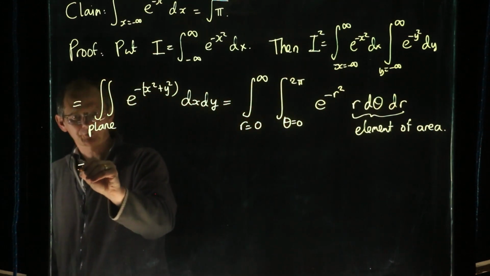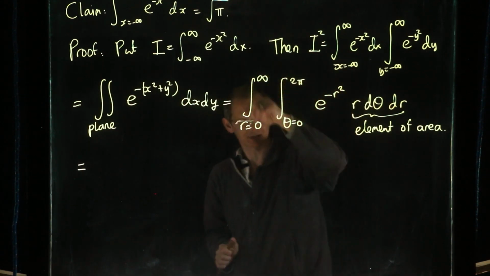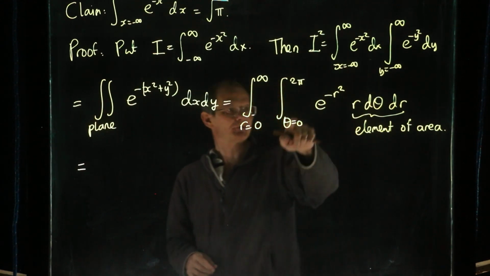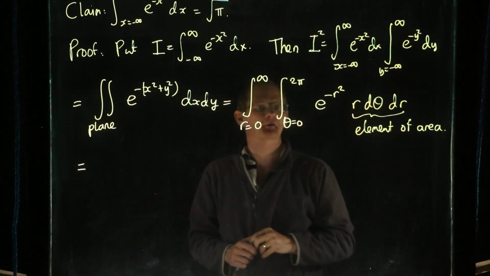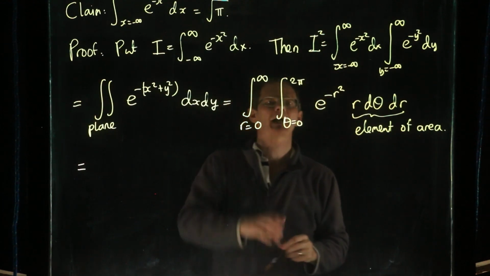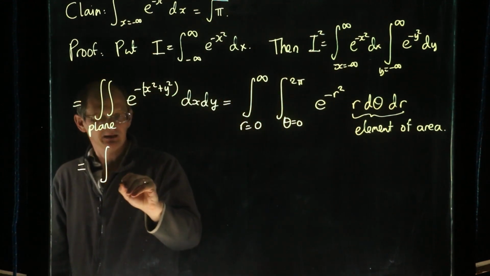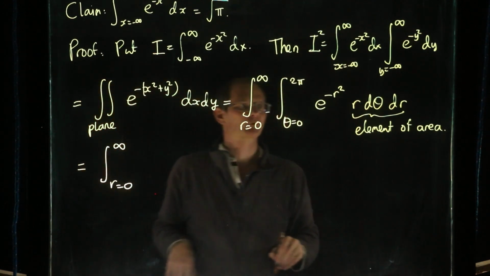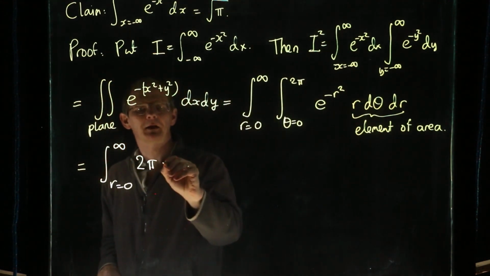Okay. So this is good because we wanted I squared to be equal to pi, and now we begin to see where a pi can come in because we've got this theta here. Now actually you see this inner integral with respect to theta is extremely easy because the e to the minus r squared r doesn't depend on theta, so it's just basically integrating a constant. So all we get is just an extra factor of 2 pi. So we've got the integral from r is 0 to infinity. And then the inner thing is just giving us a 2 pi. And then we've got e to the minus r squared,